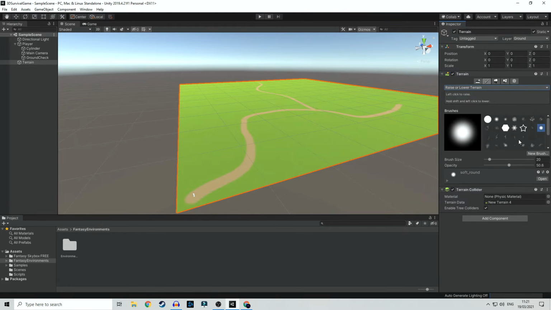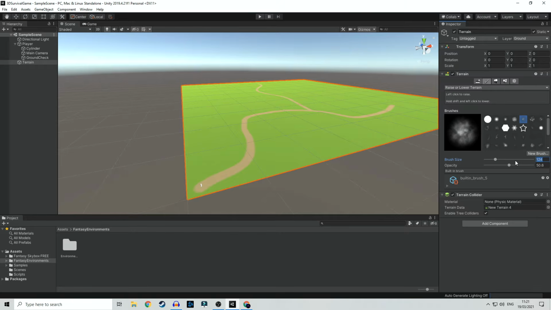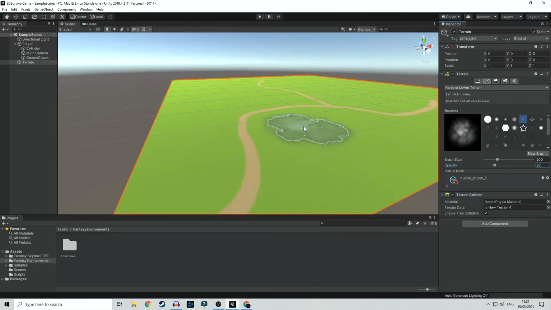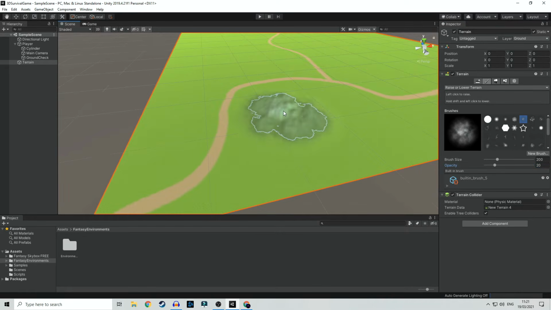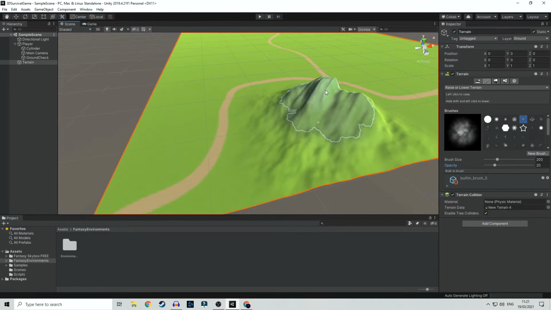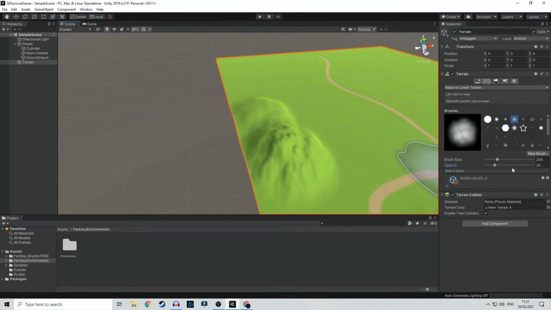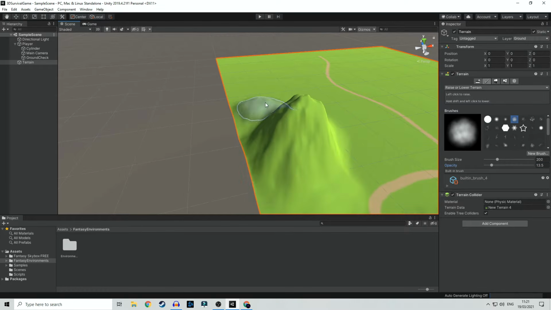So we're going to be able to select a different brush again, and after we selected our brush, for example, maybe this one, we need to change the size. Let's do 200, and the opacity, and then we click wherever we want, and we simply drag, and it will elevate the terrain and make some kind of mountain. Okay, so you can use different brushes to get different patterns. You can change the opacity so it will be more rigid or more smooth,